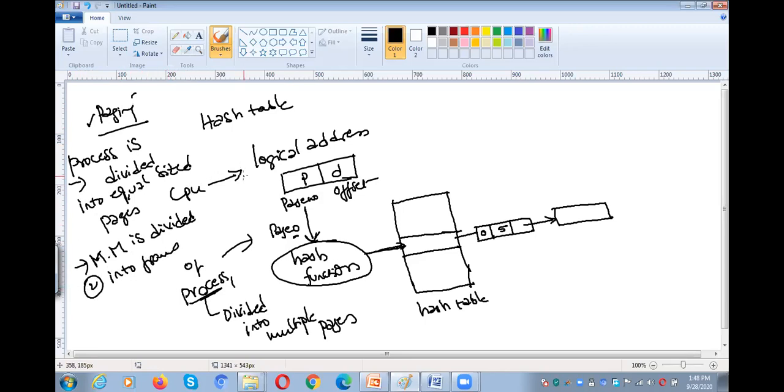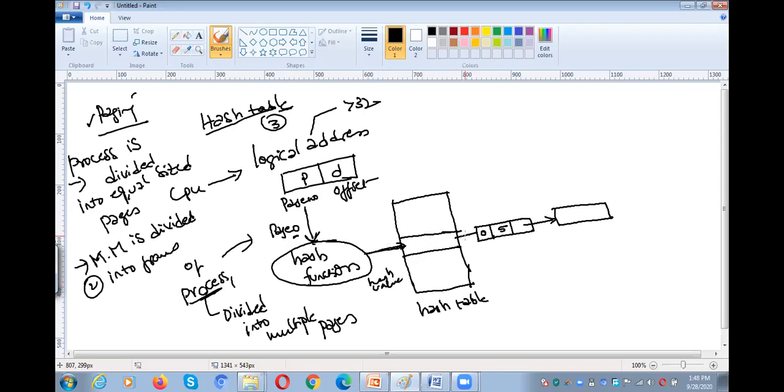And the CPU generated logical address is divided into two parts: a page number and the offset. If the logical address is greater than 32 bits, then we need to go for the hashed page table. The page number is given to the hash function. It will generate a hash value. That hash value points to one entry in the hash table.